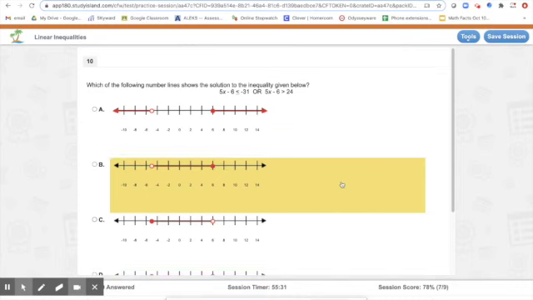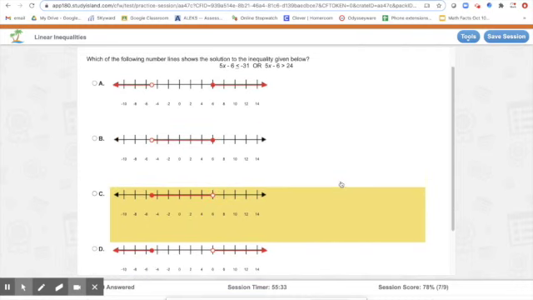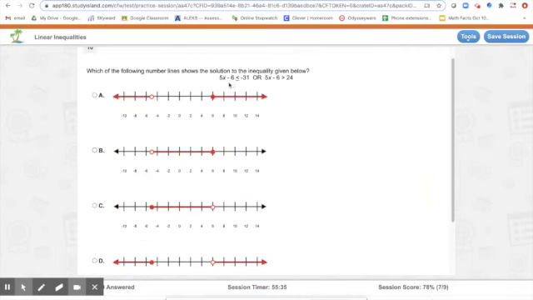All right, let's see if I have time to get through this last one. So we have 5x minus 6 is less than or equal to negative 31 or greater than 24. Once again, this is an or, which is why we can have a split inequality here, because it could be one or the other. So adding 6 to both sides